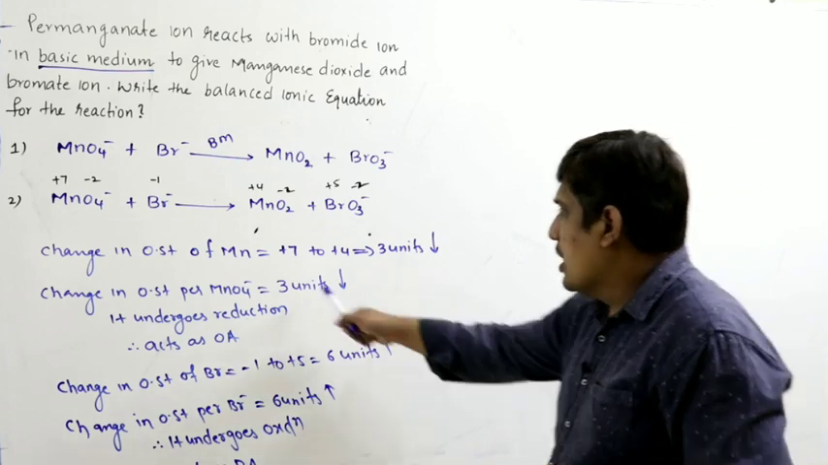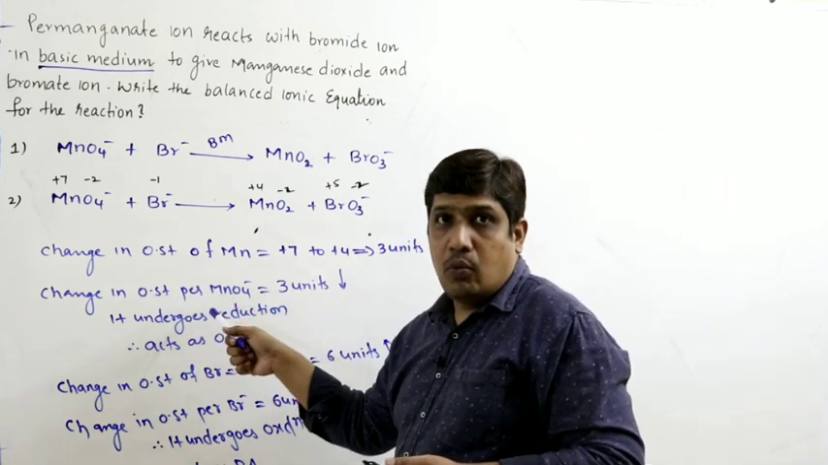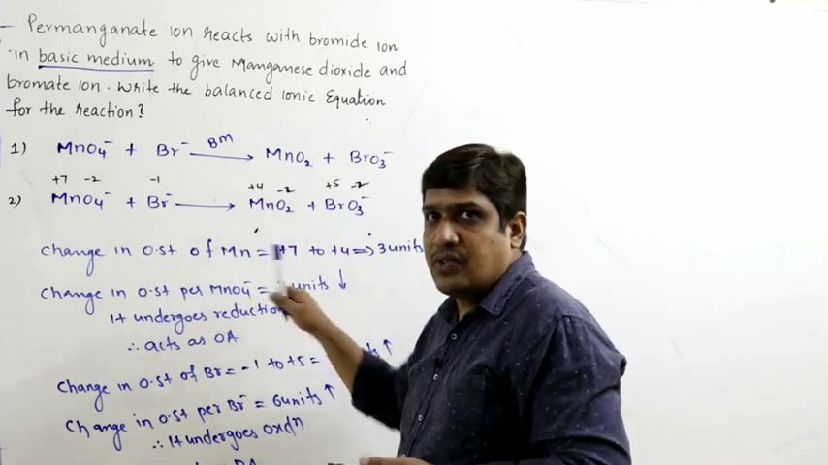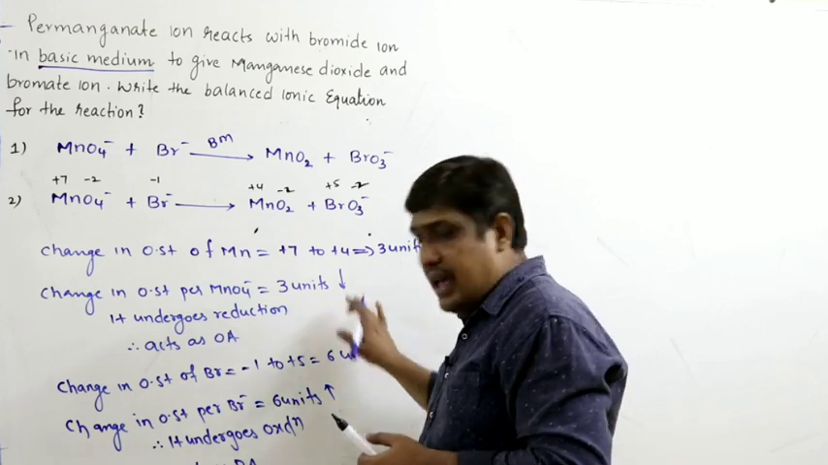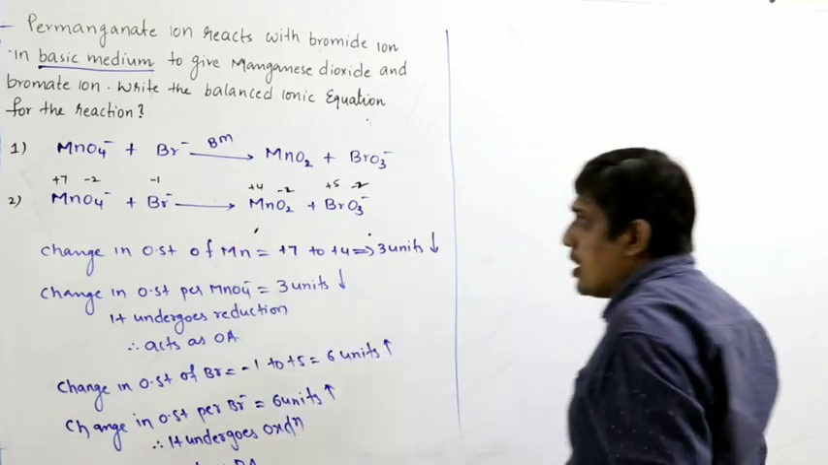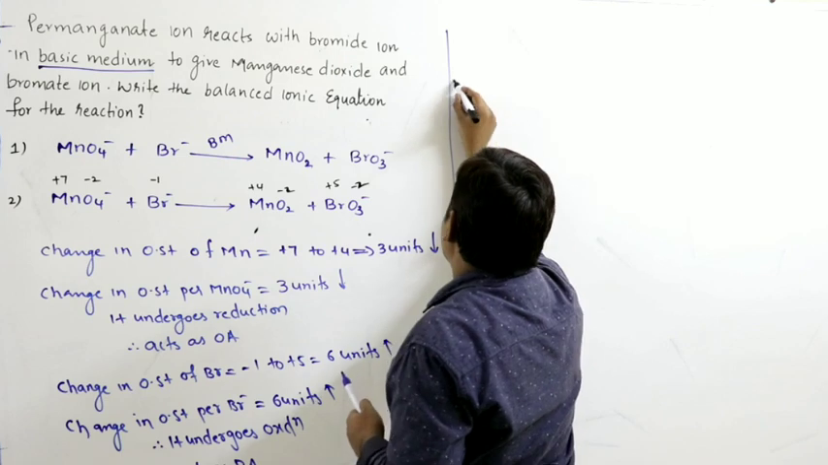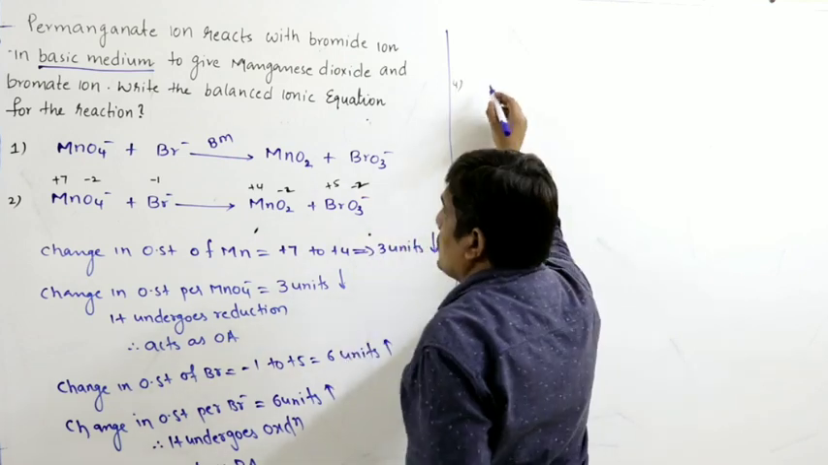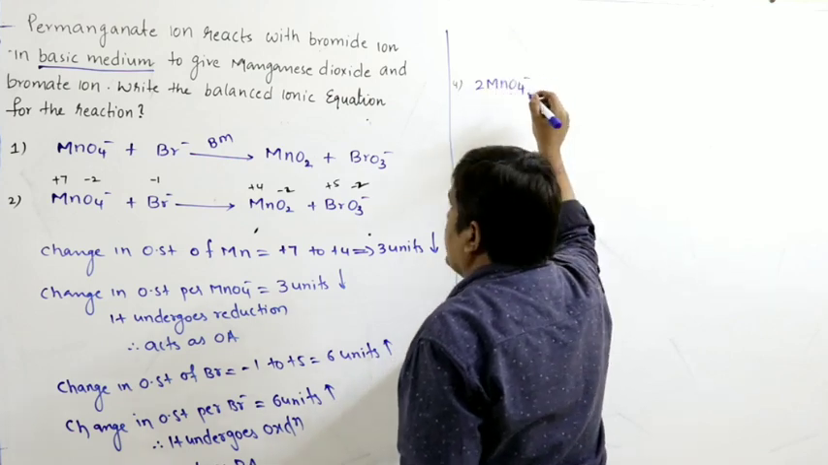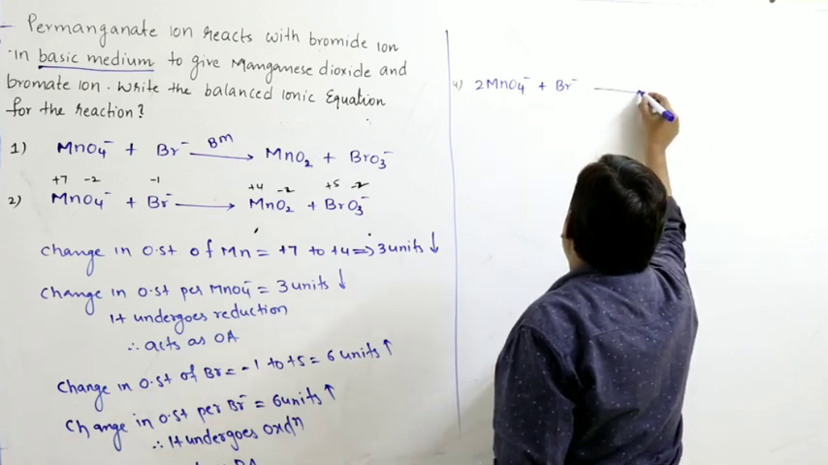How to make them equal? How to increase it to 6? I have to take 2 moles. I have to multiply this with 2. For 1 mole 3 units decrease, for 2 moles 6 units decrease, then these two will be equal. So, multiplying permanganate with 2. So, what will I get? 2 MnO4 minus plus Br minus gives